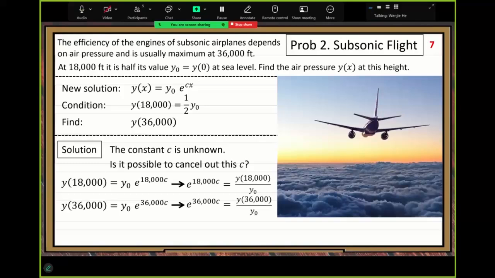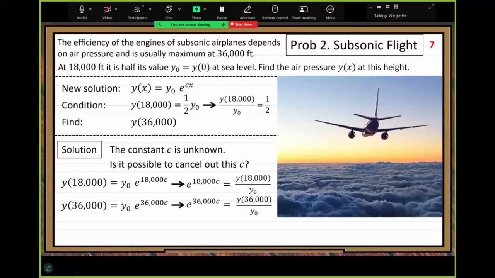Here, why do we write this way? Because when we write in this way, we want to cancel out that C. We want to get rid of that C. Because we don't want to find that C. Get rid of it. So how to get rid of that C, the unknown constant? All right. So here, before we do that,